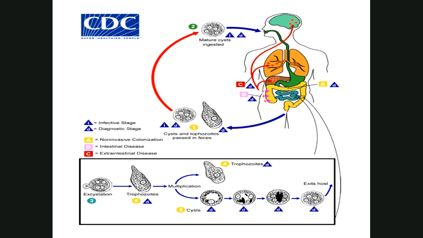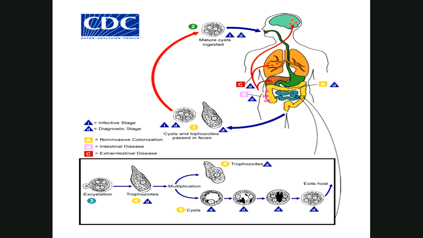as it passes into the duodenum, it slowly starts excysting. The cyst inside contains one organism with 4 nuclei. And now as the cyst wall breaks, it comes out of the cyst into the intestinal lumen, and it divides into 4. Each nucleus takes some amount of cytoplasm and gets separated, and 4 organisms come out from one cyst. And these organisms come out and invade the mucosa of the large intestine,